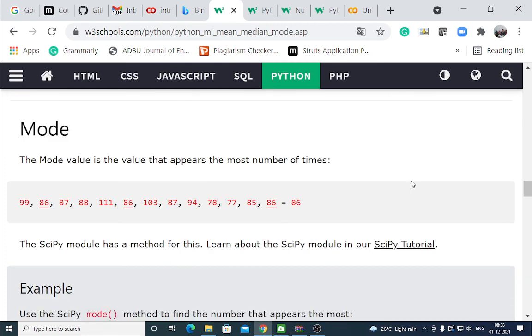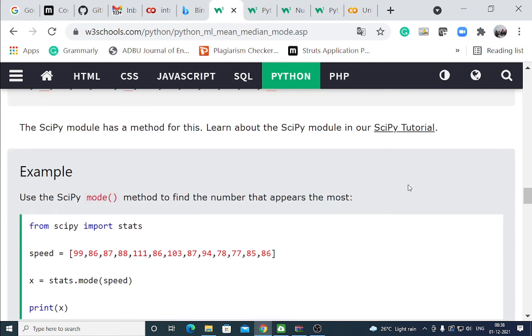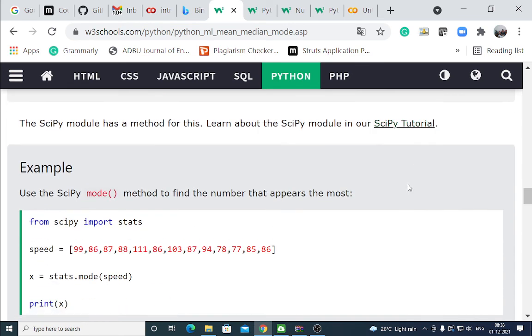The mode value is the value that appears the most number of times. Import stats,